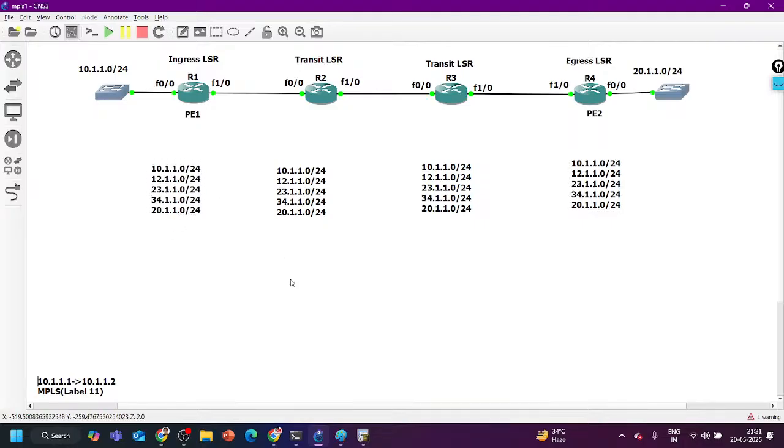So as soon as I enable MPLS, routers are going to assign labels. Let's say router 1 has assigned one label here for the 10 subnet, which is 10. Here it has assigned 11, here 12, here 13, and here 14. Similarly, router 2 has also assigned one label to all the prefixes. Let's say 20 for this prefix, 21, 22, 23, and 24